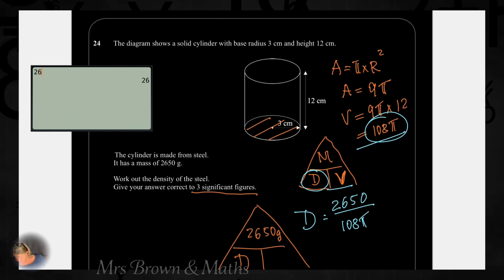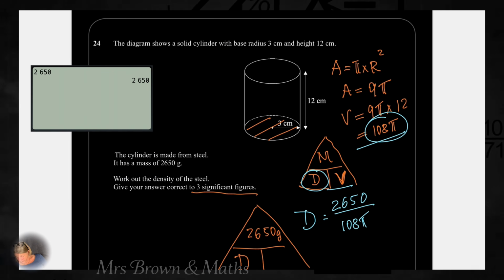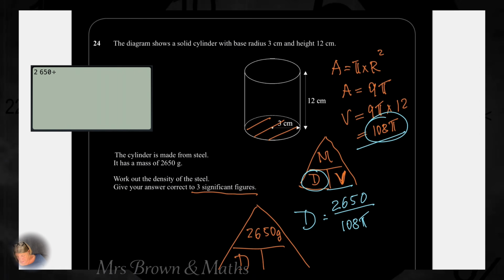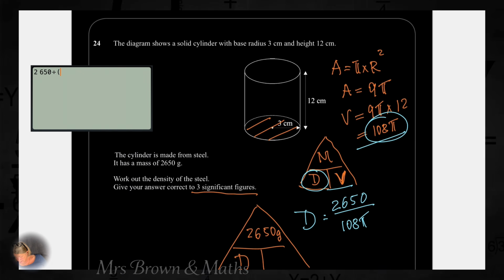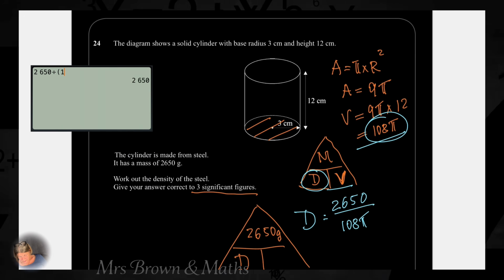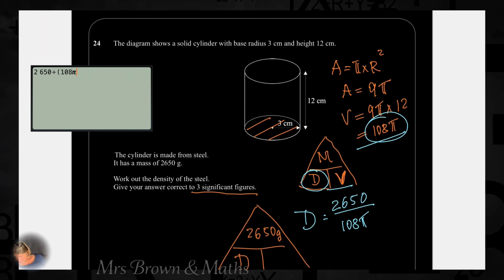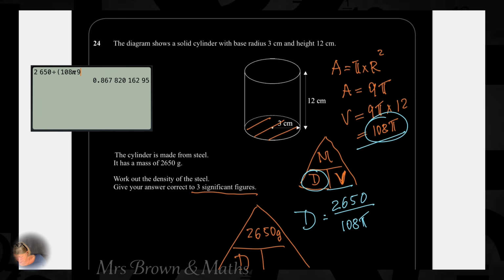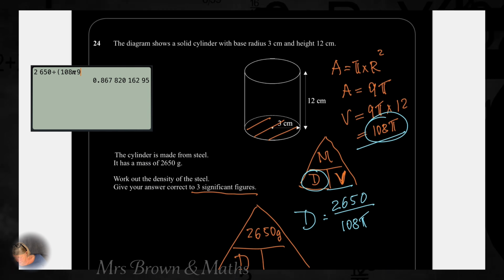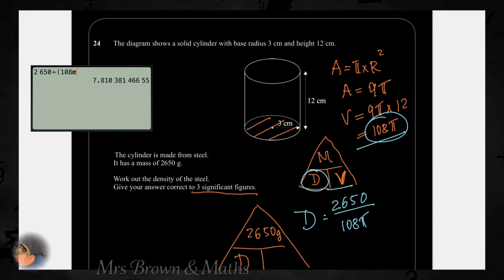Use your calculator. So 2,650 divide by 108 shift pi, which is